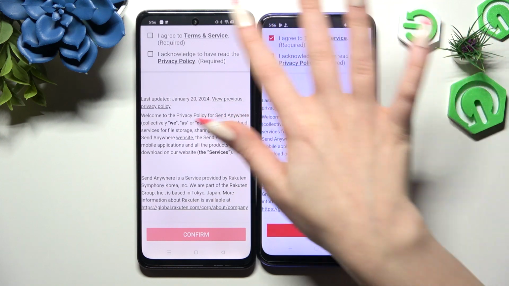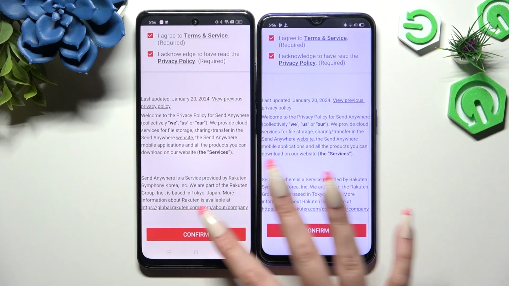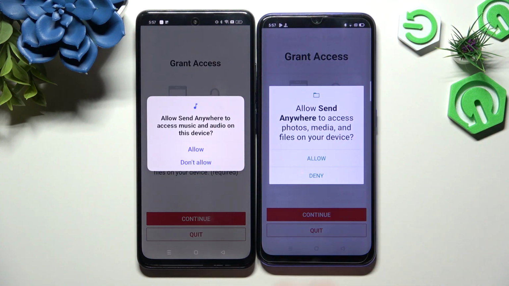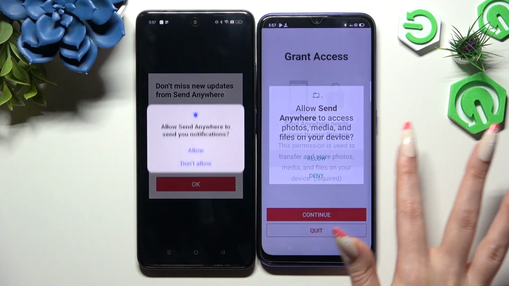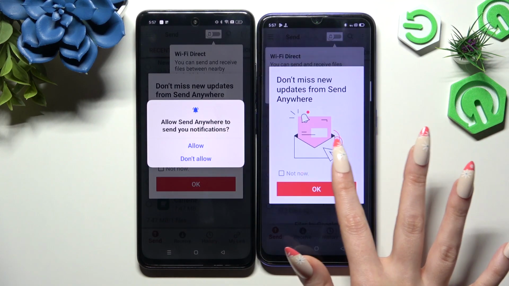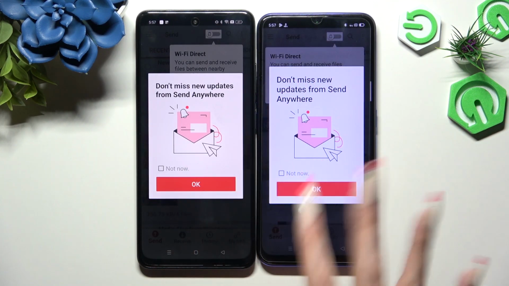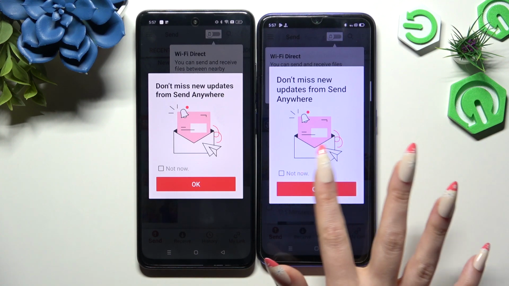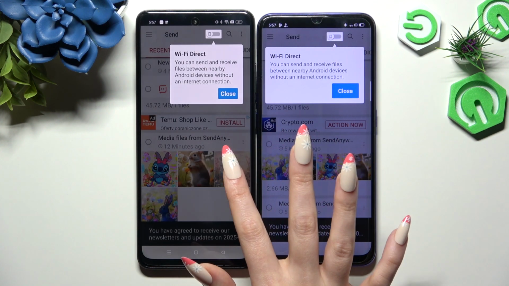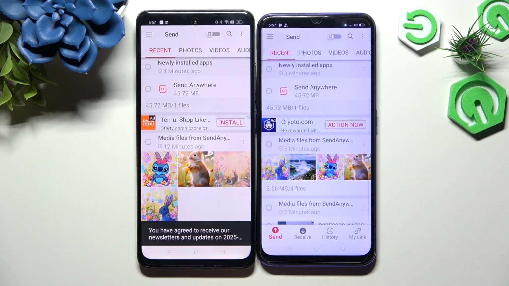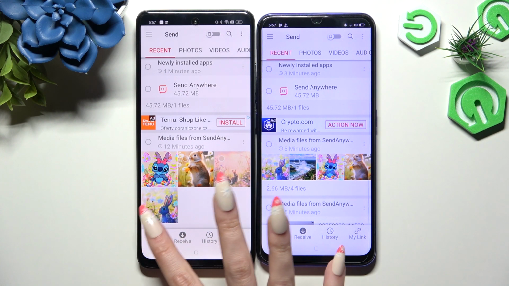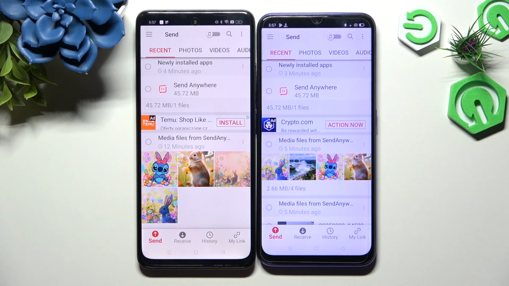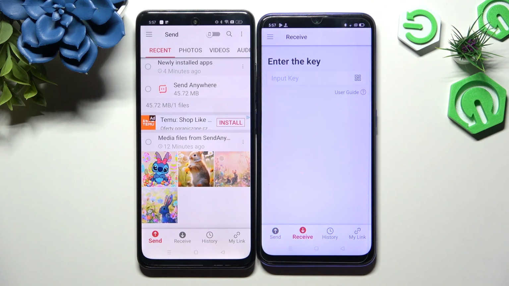I agree and I acknowledge. Confirm, continue and allow. In this window about new updates, choose whatever you want to and hit your device's displays. Now select Send at the bottom left corner of your REALME and Receive right next to Send at the bottom